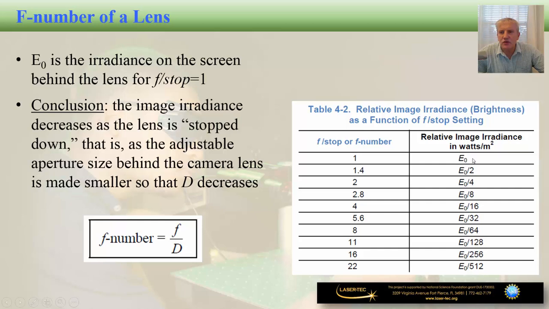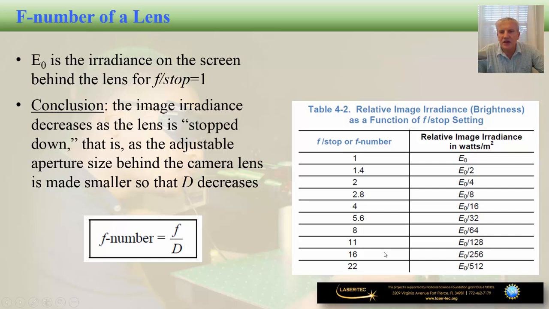So whatever the brightness was for F number 1, that brightness is going to get reduced by a factor of 2, or down to 50%, if the F number is increased from 1 to 1.4. If the F number goes from 1.4 to 2, you can see that the light gathering ability of that lens has been reduced down to 25% of the original light gathering ability of the lens with F number equal to 1. We continue along this table